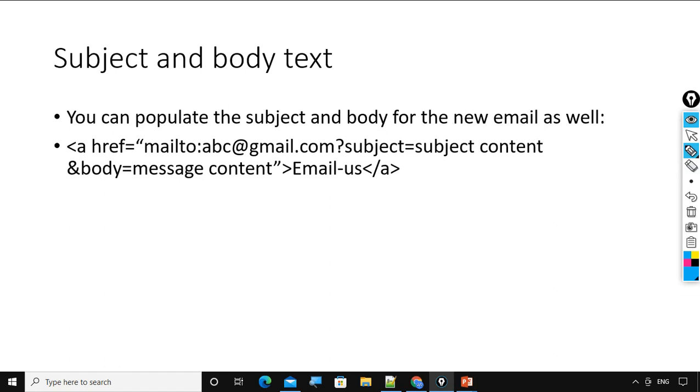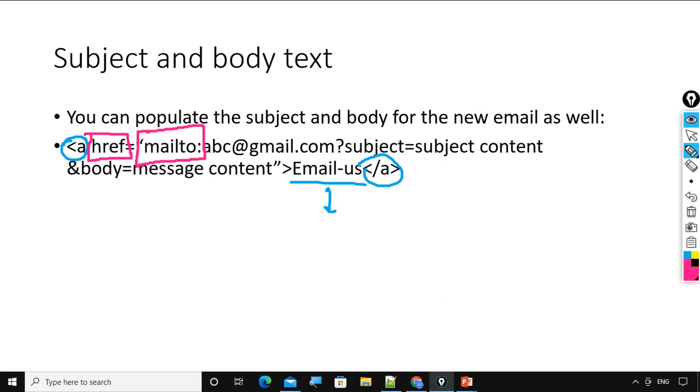Already we know the opening anchor tag, the closing anchor tag, and this is the descriptor. Now here I have the mandatory href attribute, with a value starting with mailto colon. Understood?